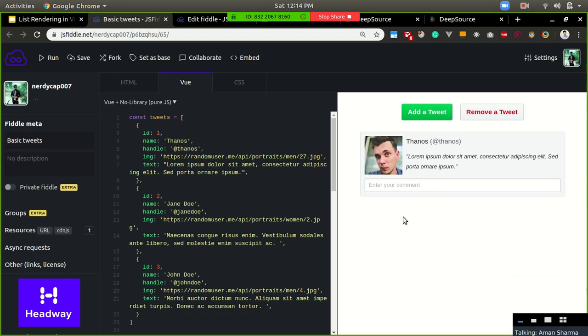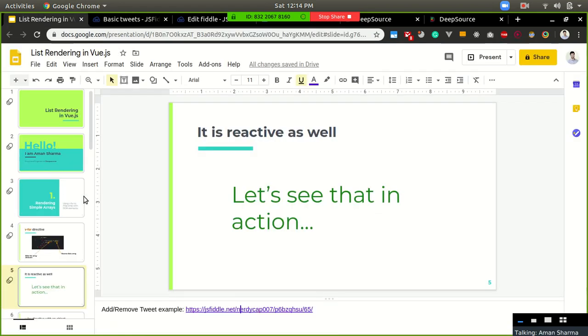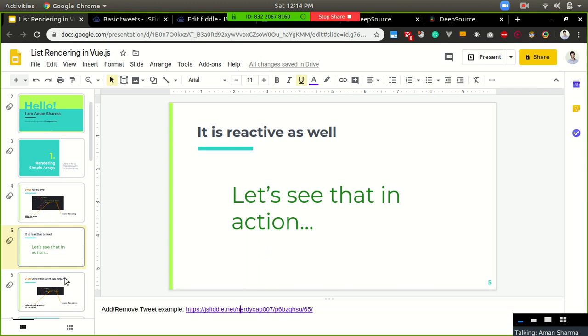But again, it doesn't mean that it's always reactive. In certain ways, if I make changes to the array, it will stay reactive, but in some ways it won't be reactive anymore, and that we'll be discussing later on. Apart from this,